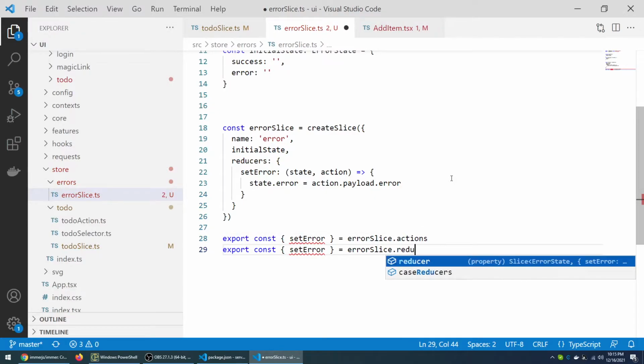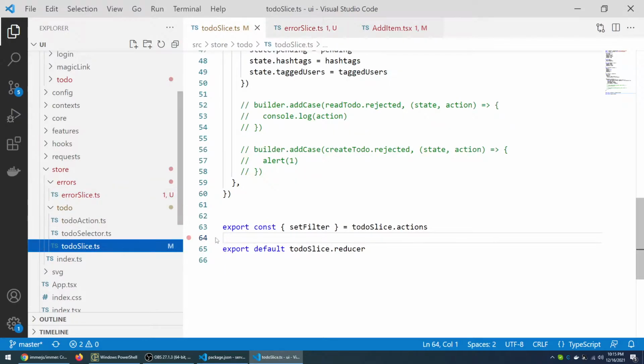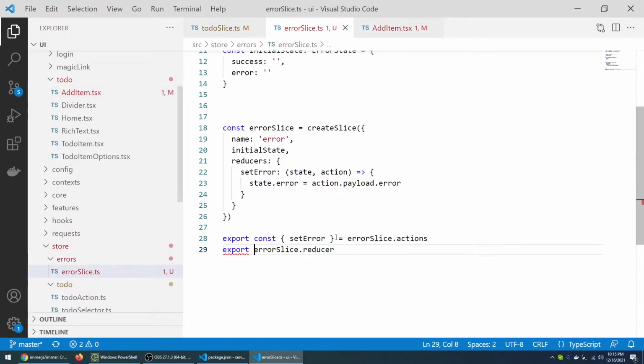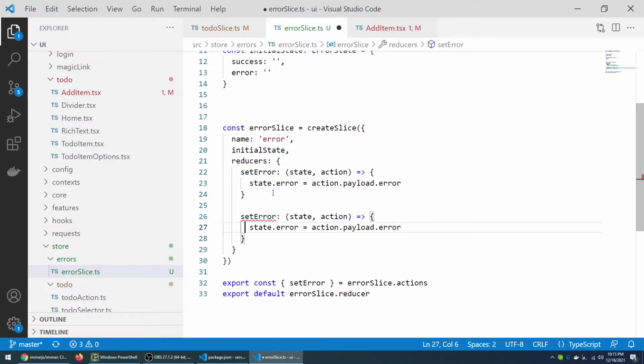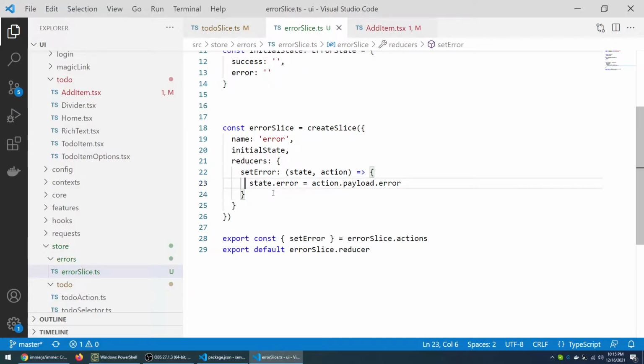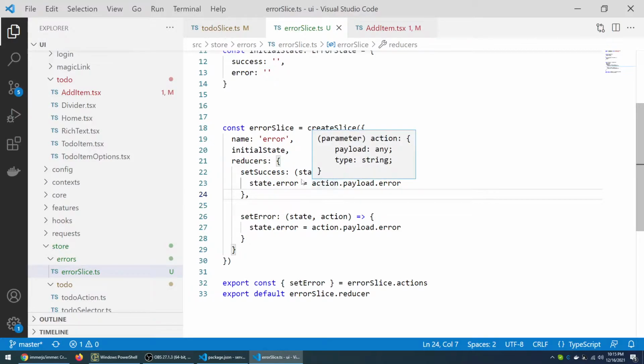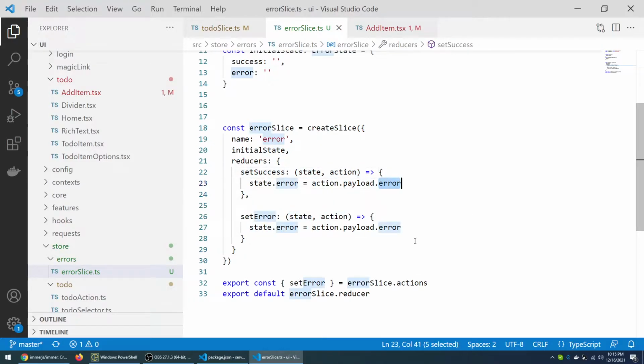Okay, so that being said, we're done with this, and we have the reducer and export reducer, and the export default will be reducer. Okay, default reducer error slice errors. Now here let me also set success. Also let's move it up. We're going to add a comma, state, action, payload, success. Payload, I think we can just assign payload because